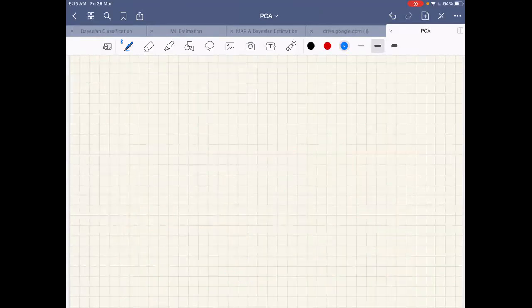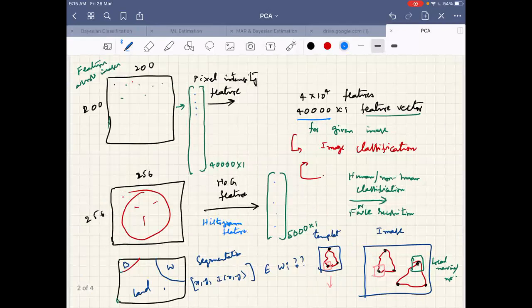So we need a feature selection method in fact. That means we don't want to arbitrarily pick some features. We need to selectively pick some features. Or we need a method which will effectively represent this 40,000 dimensional feature vector by, say, a 40 cross 1 vector.